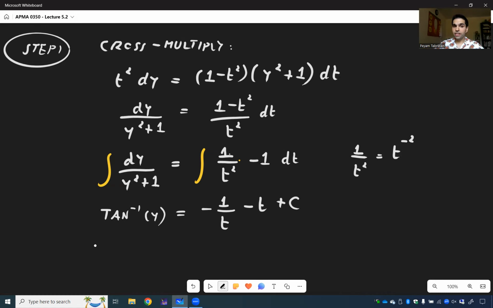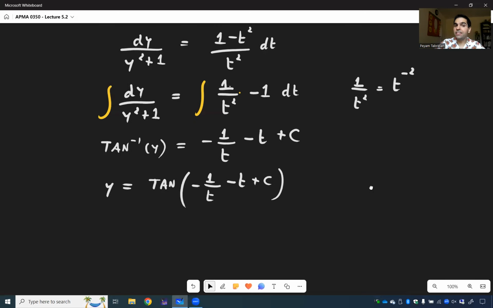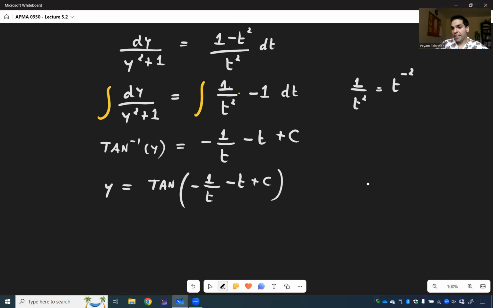And in particular, to undo this arctangent, you apply tangent to both sides. And then you get y is tangent of minus 1 over t minus t plus c. Now, that is the general solution. And then to solve for c,